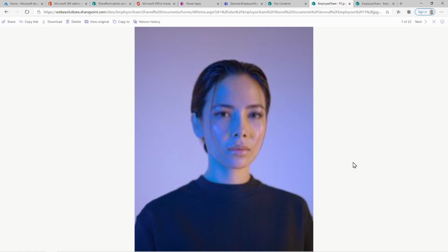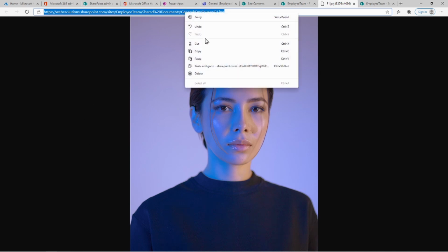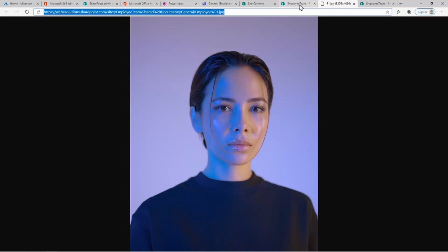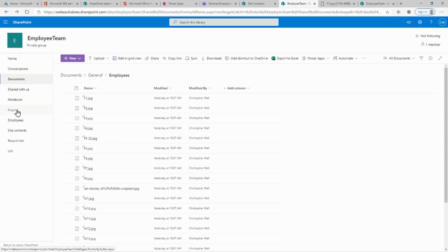It will open up in SharePoint, and you can see it's got some formatting. So it's got quite a long URL. You can't just copy that. But if you say View Original, you can see over here it gives you the correct URL to use in your list. So if you copy this URL, you can go back, or click on the back button, go to your employees list,